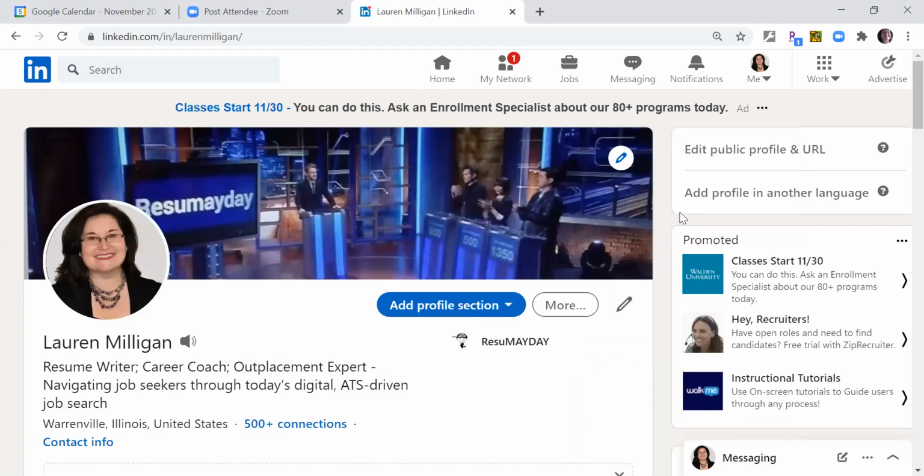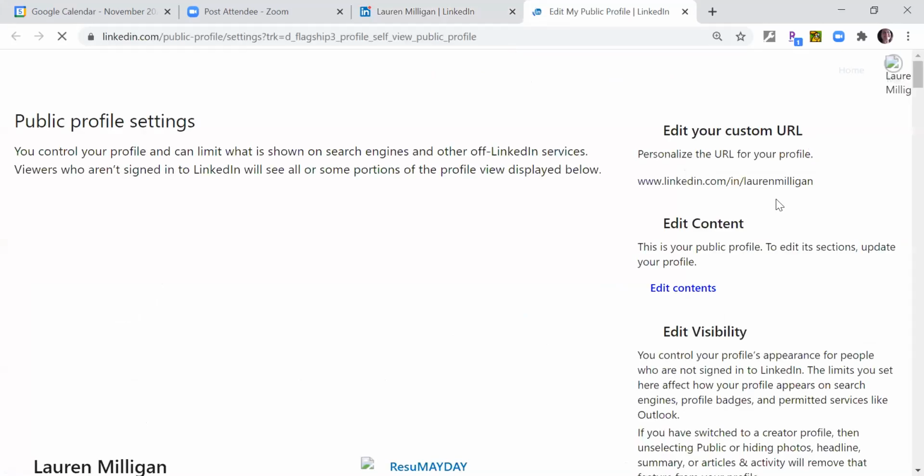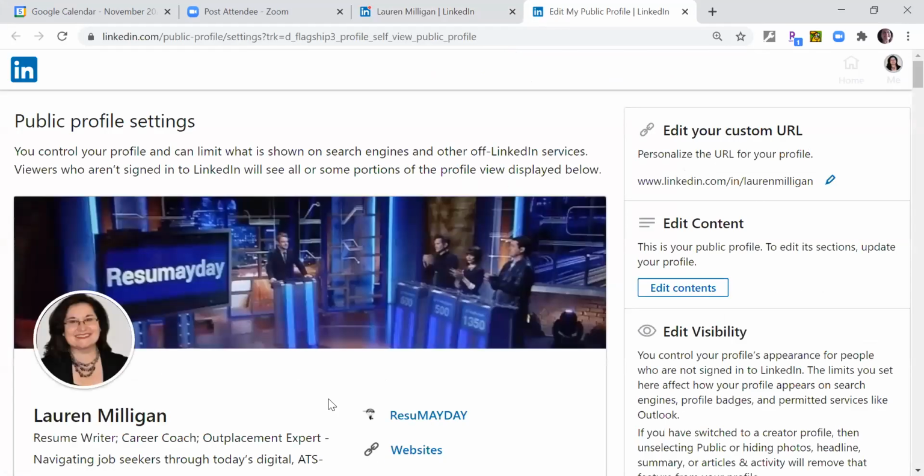So the first thing that I want to show you how to do is to update your URL, okay? A couple different ways that we can do that, and this is the simplest. Most people should have this option right here, edit public profile and URL. So if you click on this, this is old LinkedIn, by the way. This is one of the first versions of LinkedIn. It looked a little bit different. They keep updating it, but